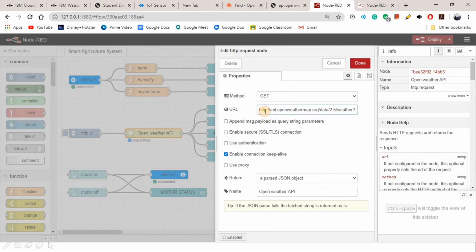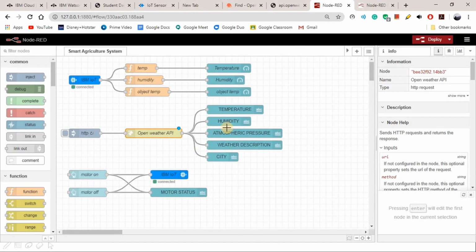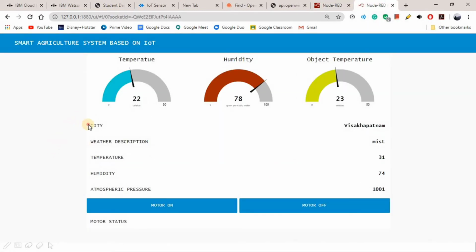Method GET, and the URL we have copied and pasted here, and parse as JSON object was selected so that the JSON object was imported. In this object, there are temperature, humidity, atmospheric pressure, weather description, and city. These 5 values I had implemented in the UI as text fields, like city Visakhapatnam, weather description is mist, temperature is 31, etc.